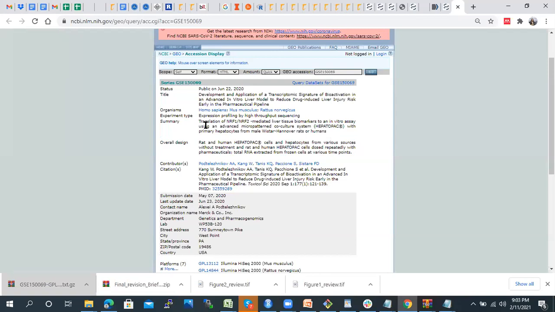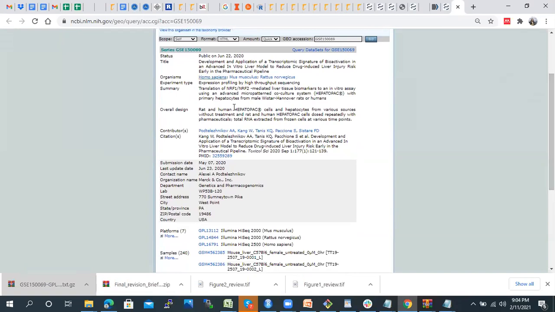Here, they have translation of NRF1 and NRF2 mediated liver tissue biomarker to an in vitro assay using advanced micropattern co-culture with primary hepatocytes from male Wistar Hanover rats as well as humans. Then we also get the overall design, exactly where they have taken the sample. So this is rat and human hepatocyte cells from various sources, without treatment and with treated samples, right?